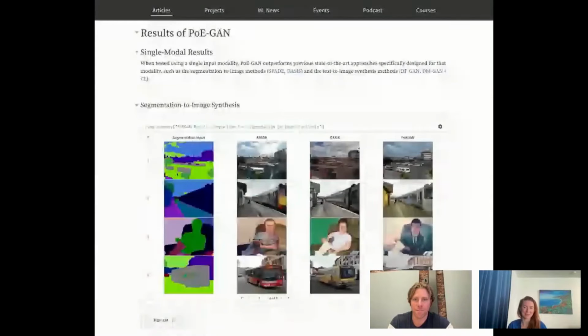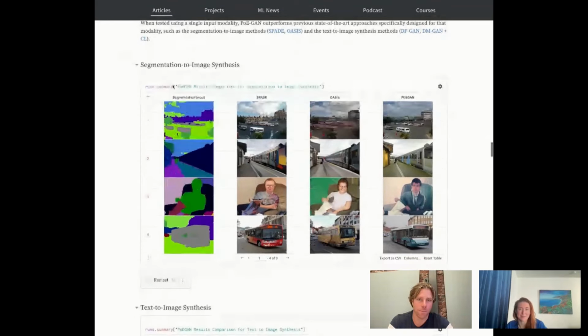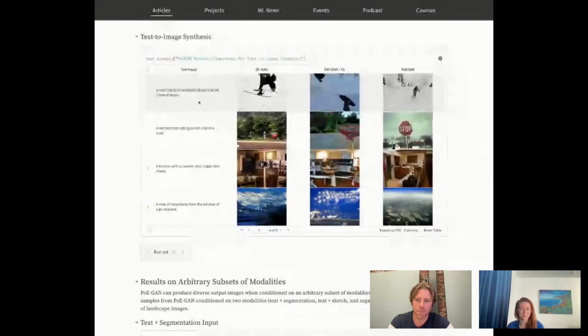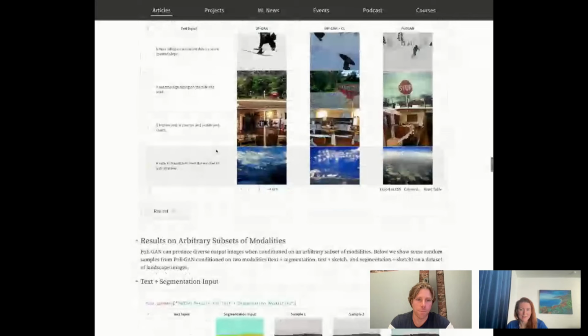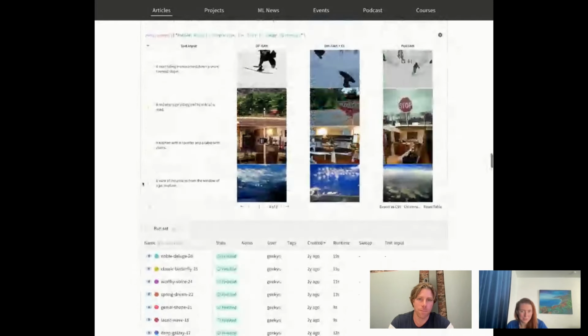So I did pull one up that I'm familiar with from our work here. And this is showing what it looks like inside Weights and Biases to interact with image models and then text to image synthesis. And so going from a text prompt to the results. And maybe there are different types of results from different types of models. And so the nice thing here is if you have a few different models that are tested on the same text input, you can actually compare them in